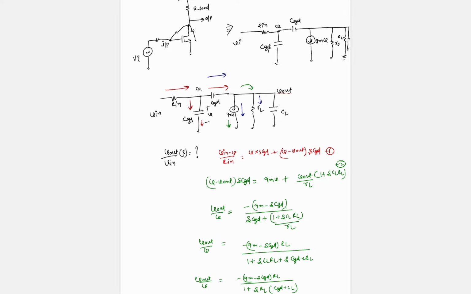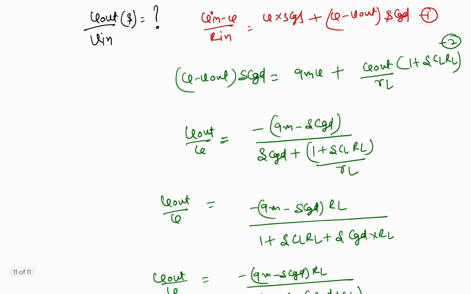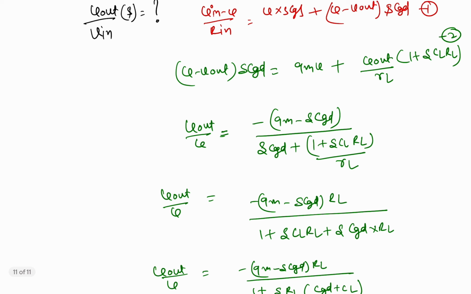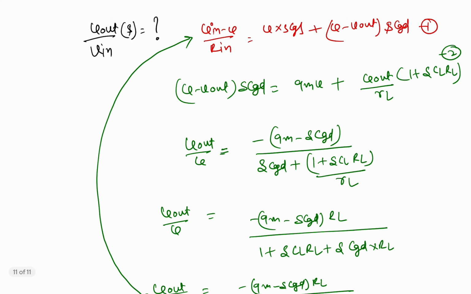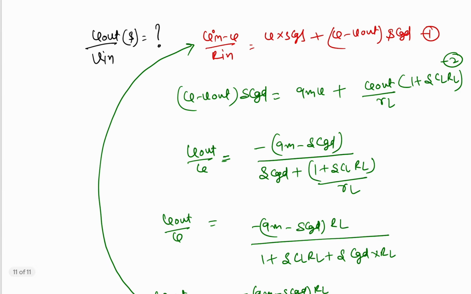And similarly, if you put the value of V from this equation into the equation number one, then you will get the term. I will write it directly. So the transfer function will be minus gm RL minus s Cgd divided by